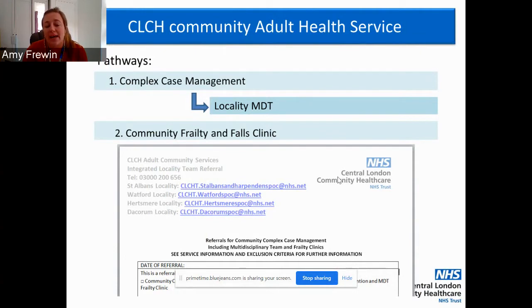Just want to highlight, if you do have a case that you want to refer through to this pathway, it's really important that we have consent from the patient or the person that you're working with, in that they agree to the referral being completed. We recognise in some complex cases people might not have the capacity to consent to a referral, in which case we'd need evidence for a best interest decision as to why it's important that we proceed with the discussion potentially around that particular case. If we move on to the next slide.